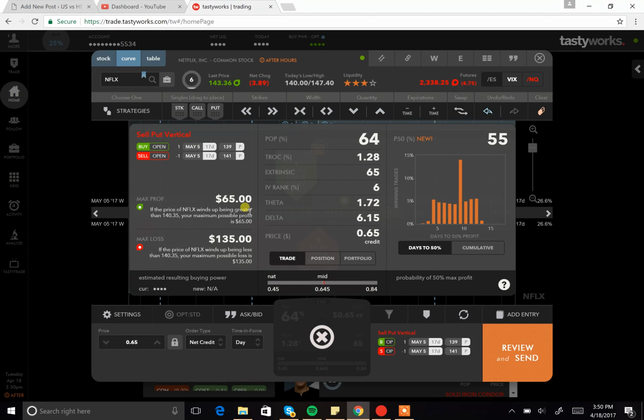And it's very, very simplified. So it writes it out for you. So if the price of Netflix winds up being greater than $140.35, your maximum possible profit is $65 by the expiration. So this is basically just spelling it out for you. It's very, very good